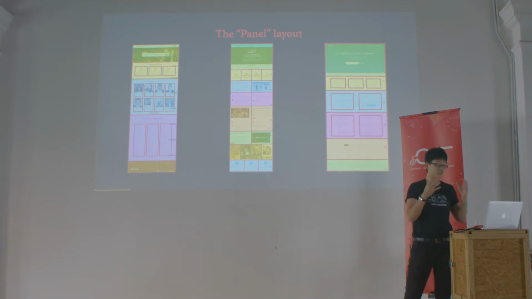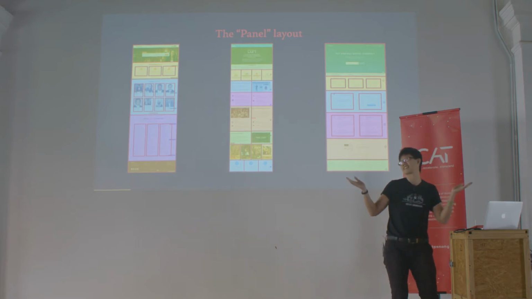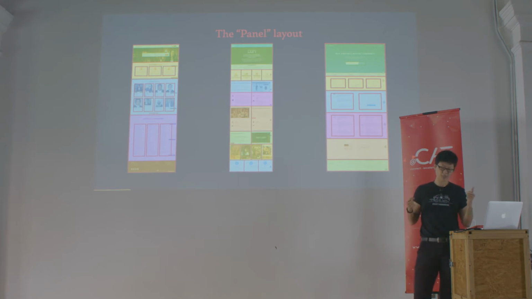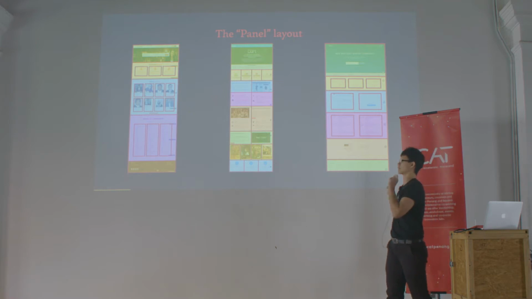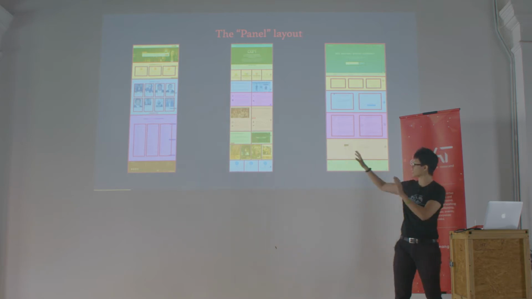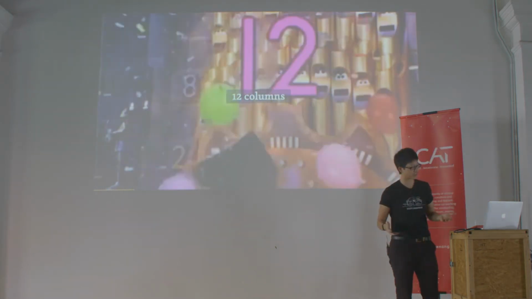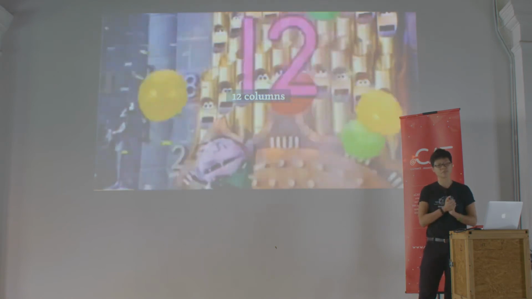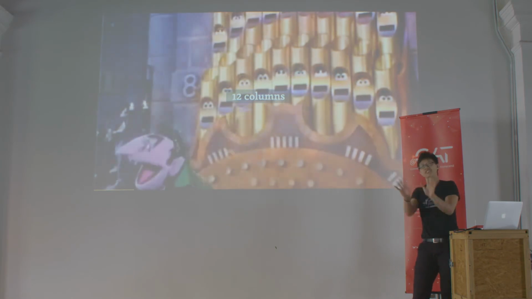By this time, a lot of people just threw their hands up in surrender and outsourced the pain to CSS frameworks. It's very understandable, especially if you're not familiar with CSS, or you're short of time, or you just don't like CSS in general. But frameworks can be quite prescriptive, and that's why we end up with a lot of websites with very similar layouts. So the flavor of the day right now is this panel-style layout with all your content sectioned up into panes. And 12 columns, almost always 12 columns, because 12 is a magical number. It can be divided by 2, 3, 4, and 6. So many ways we could rearrange the boxes on our page.